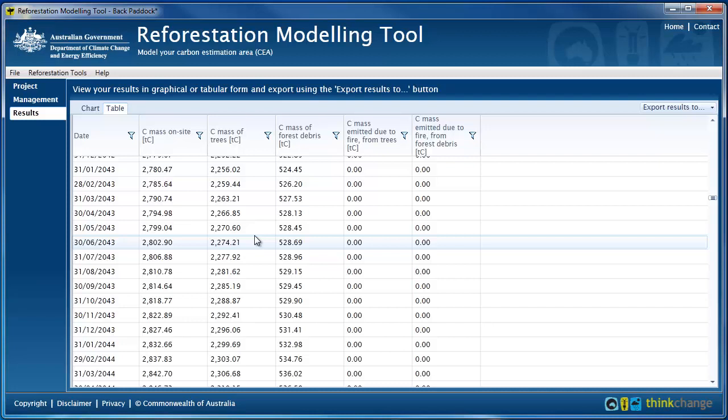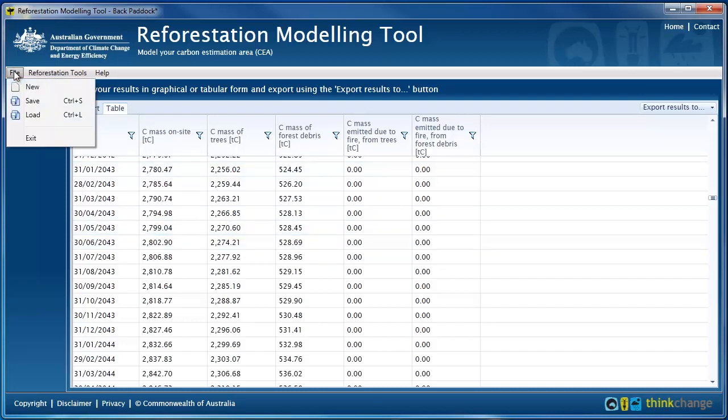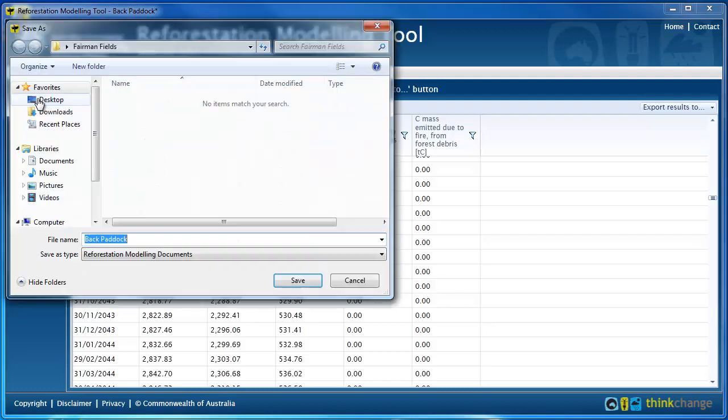If I'm happy with the output, it will form a part of my final report and will be validated by auditors for the net abatement figures of my project. I save it by going to File, clicking on Save, giving it an appropriate name, and saving to the correct place.